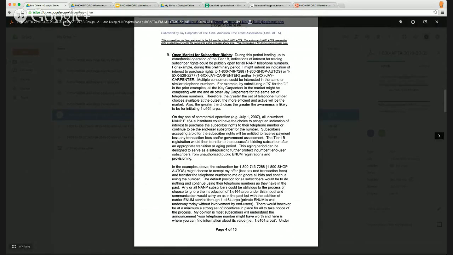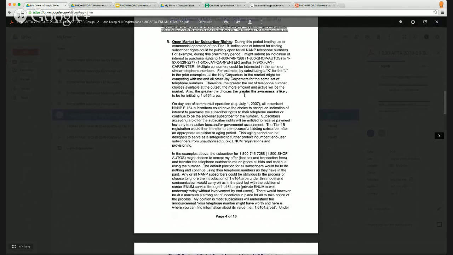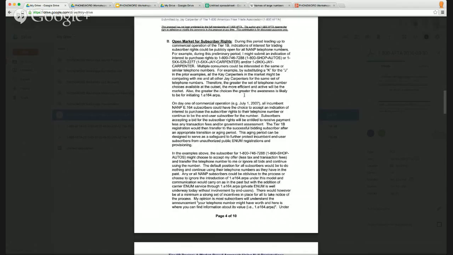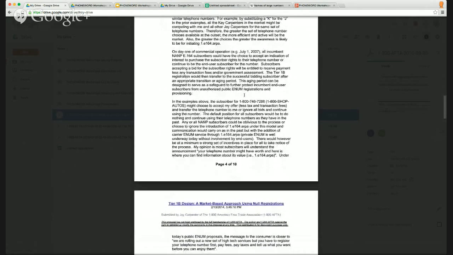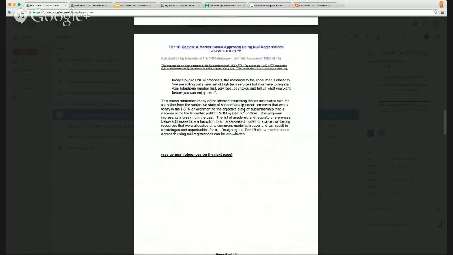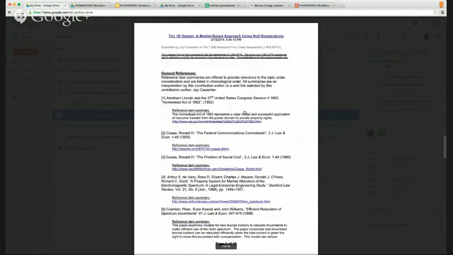I assert that an open market for subscriber rights or user rights to naming, addressing, and numbering is a key piece that's been missing out of the mix for this all to work. And I talk a little bit about that in this paper, and there's some other papers that have been talked about, but what this builds upon are some key